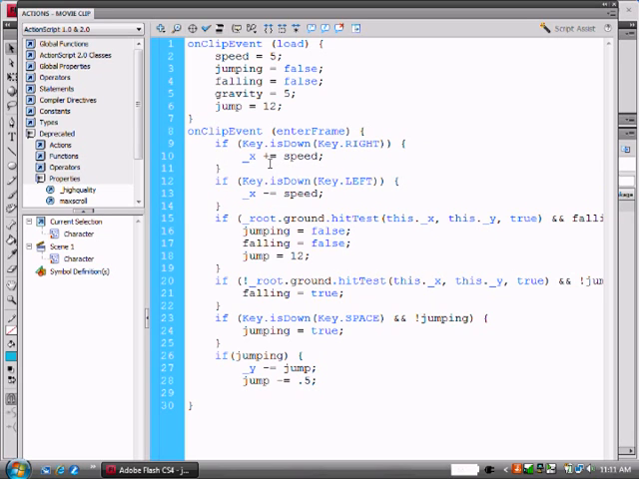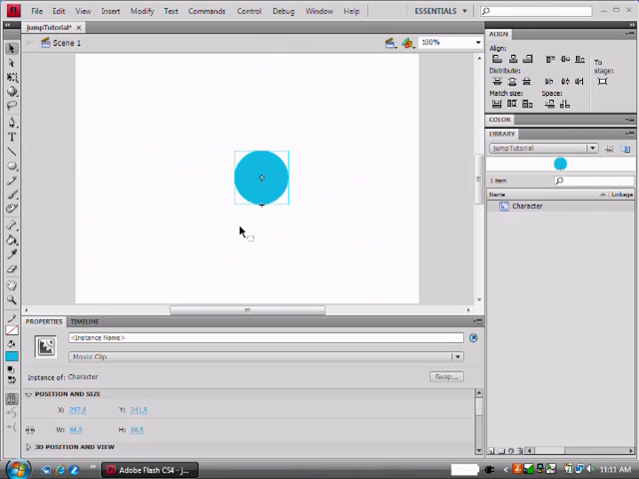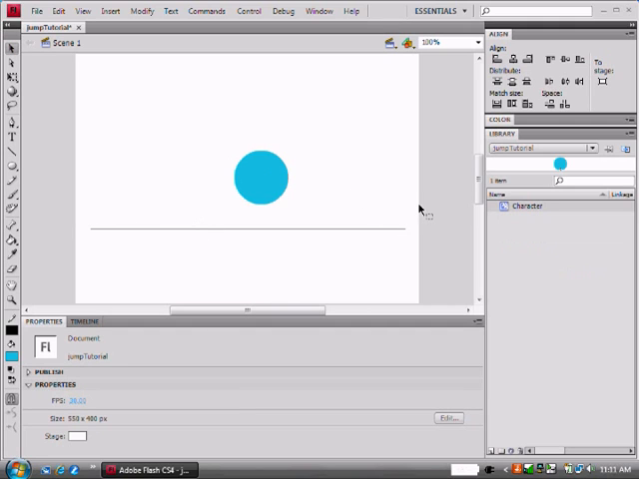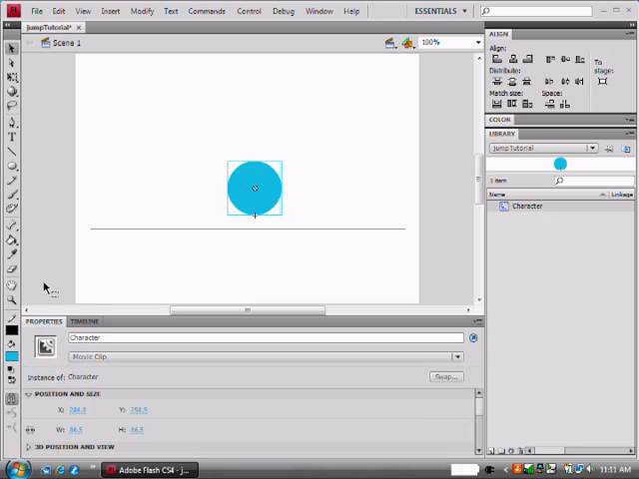Alright. Click F9 to get out of there. Make your instance name character. And I always tell my little brother this, he's about 10 right now, and he always uses the line tool. I don't know why, but never use the line tool, because